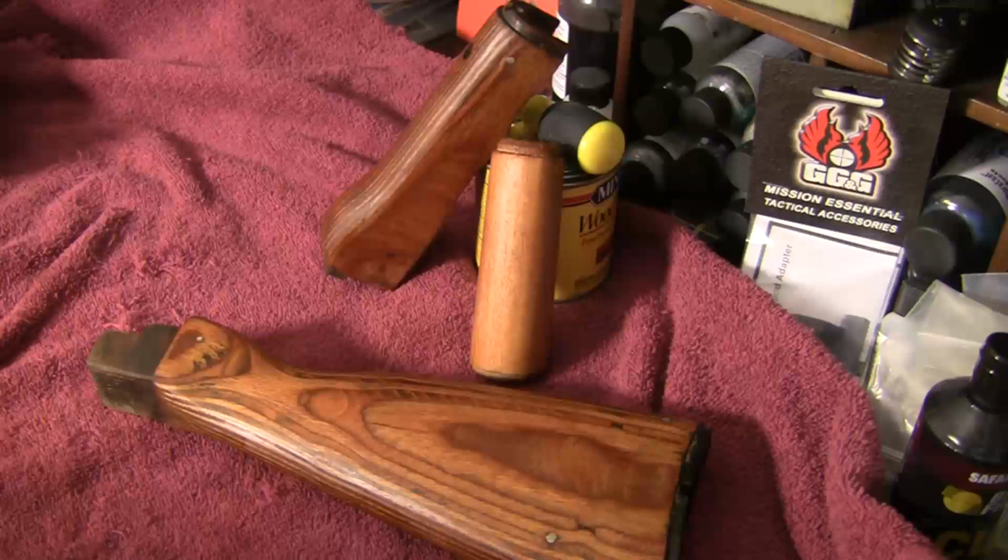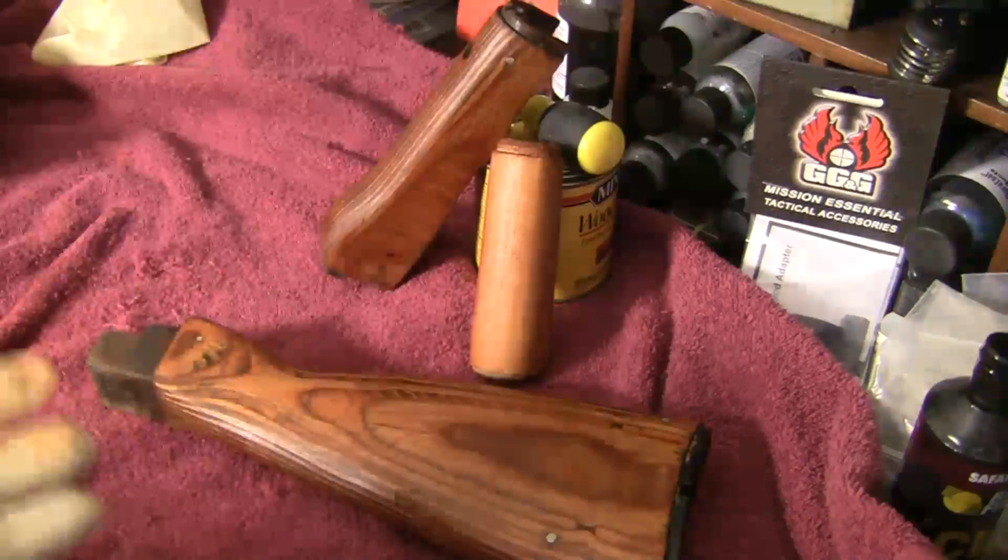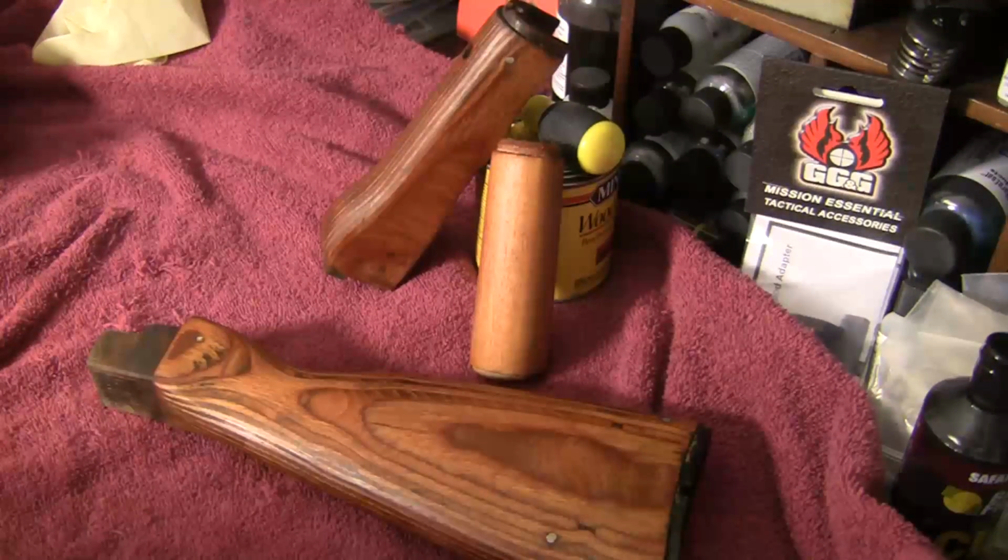So we're gonna sit here and let this dry for probably an hour. Well, actually, I'm gonna let it set for about 5 minutes, maybe 10, and then take another clean cloth and just wipe off all the excess, not access, and then we'll let it dry completely for like another hour, and then I'll add another coat and darken it up a little bit,